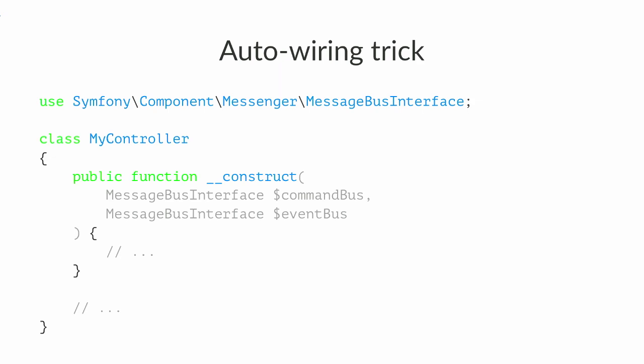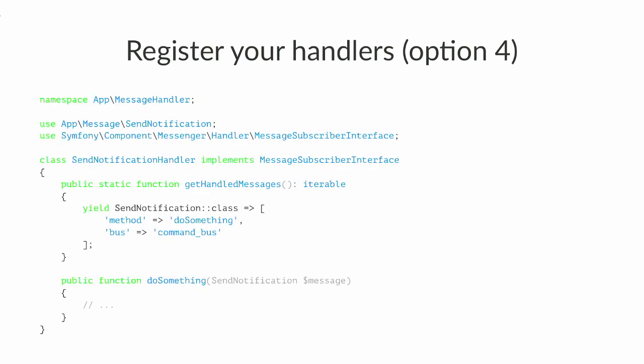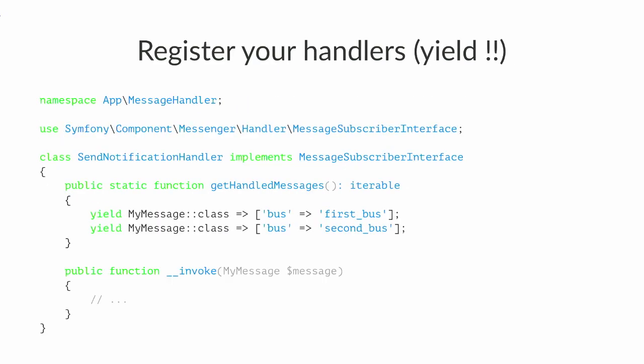That's it for the different message buses. Even though that makes me think about a very interesting slide that I didn't write. If we want to register, we've got multiple buses. When we actually create a message handler, it listens to all the different buses by default. So there is actually a 4th way that you can define your message handler.